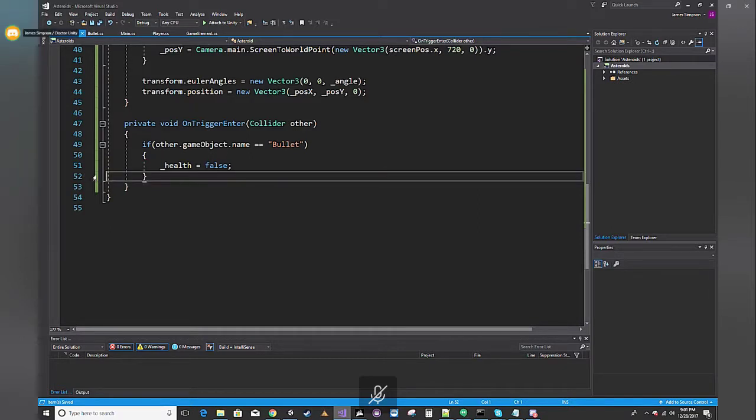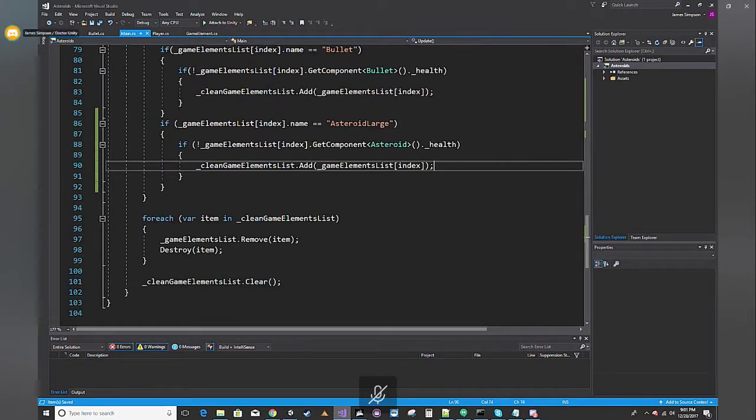Okay, so we got our player moving, we got our bullets firing, and we're hitting our asteroids. Let's see if I can wrap something up in a few minutes. We want to be able to have something to respawn more asteroids, right? So what we want to do is have some kind of